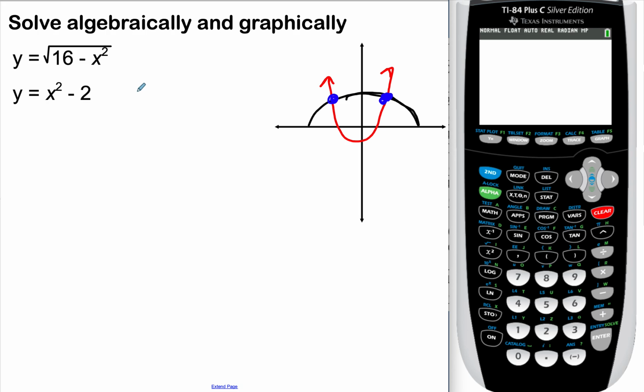So take a second. We'll do this together. Think about which equation would I start with, and which letter should I start by getting alone. I'm going to start on the bottom. I'm going to get x squared alone. Graphing these is going to be a little bit easier because they're already both solved for y. So in the second one, I'm going to add 2, y plus 2 equals x squared. So now I can say y is equal to